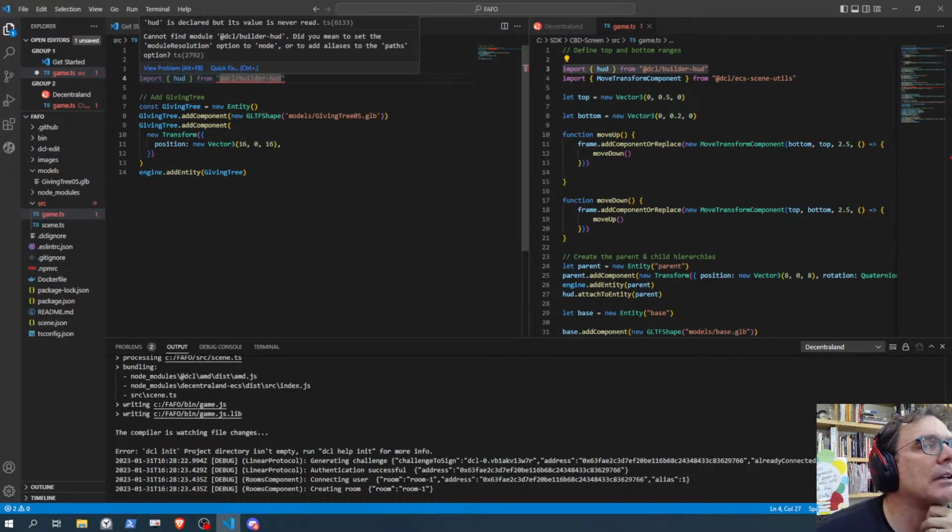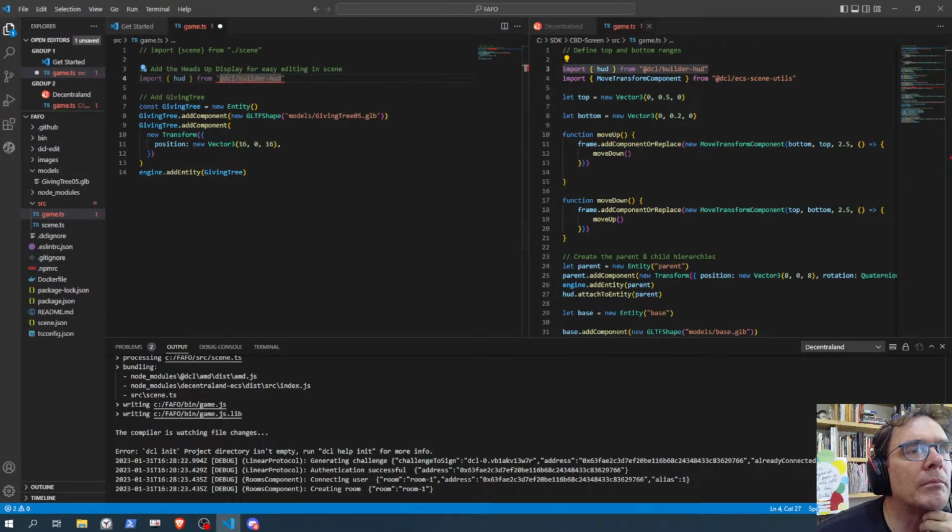Go ahead. Hang on. I've got two up for this very reason. Do I need to do something in the scene file? No, because this is like the topmost.